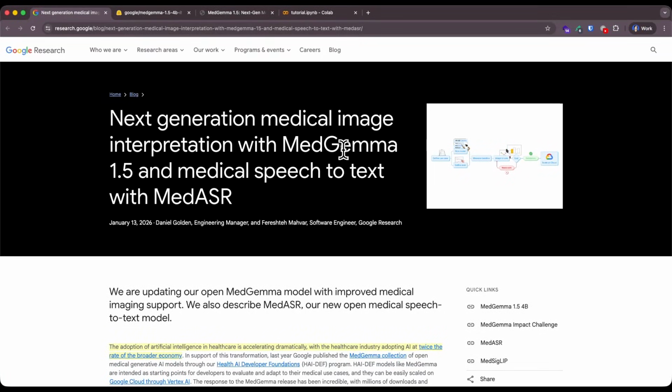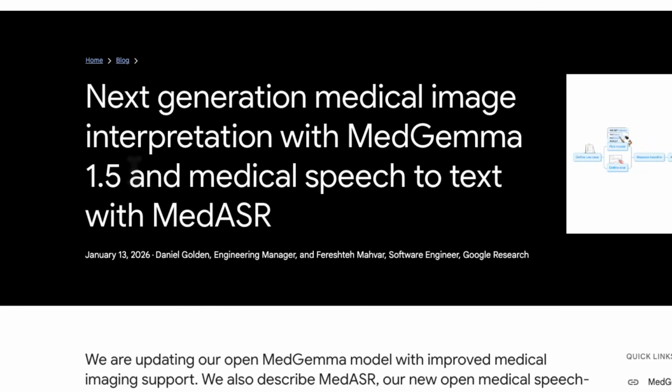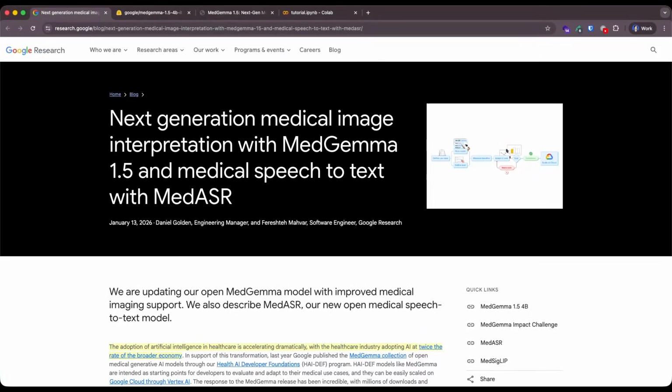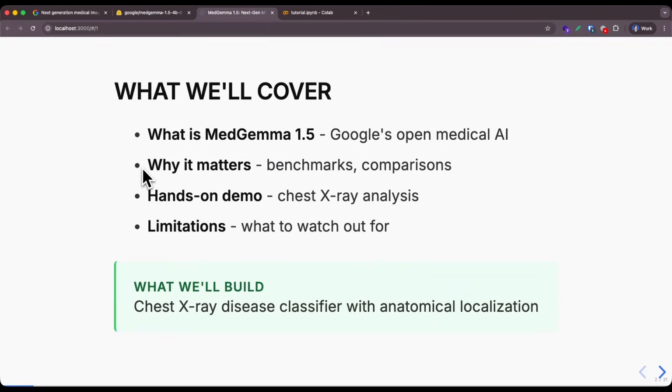So Google just released MedGemma 1.5, their new state-of-the-art model for medical tasks, and it's also a very small model with 4 billion parameters, as we're going to see in a moment. In today's video, we're going to be taking a look at what is MedGemma 1.5, why it is important, and